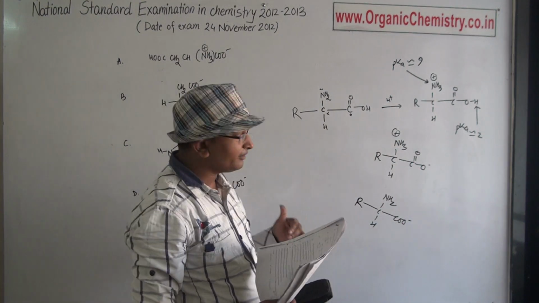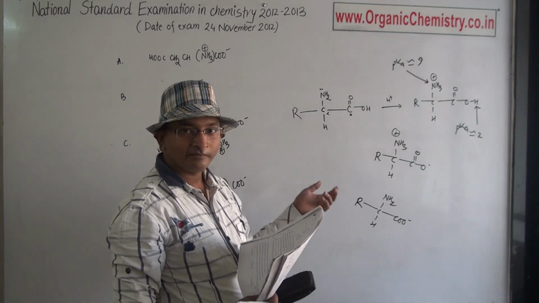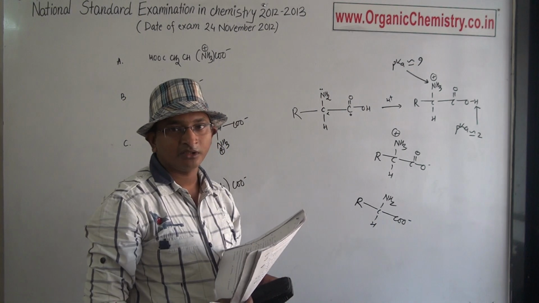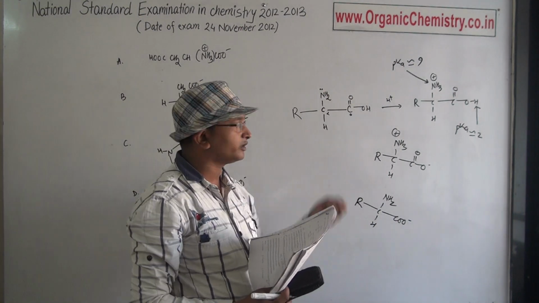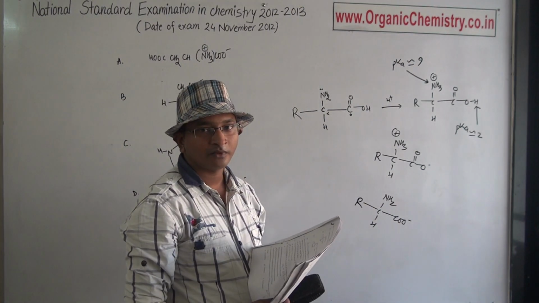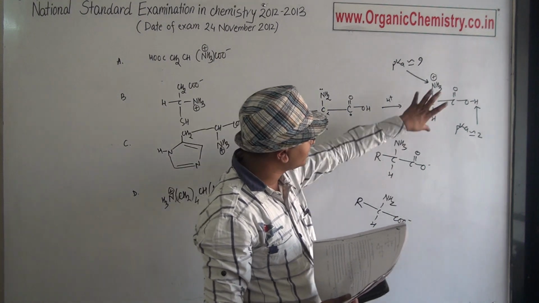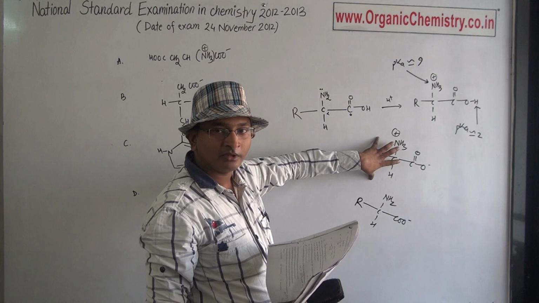So an amino acid may exist in these particular forms. For giving a simple concept, we only define alpha amino carboxylic acid, but no alpha amino carboxylic acid exists in neutral form. An amino acid always exists in the charged form. If pH is less than 2, this form; pH in between 2 and 9, this particular form; and if pH